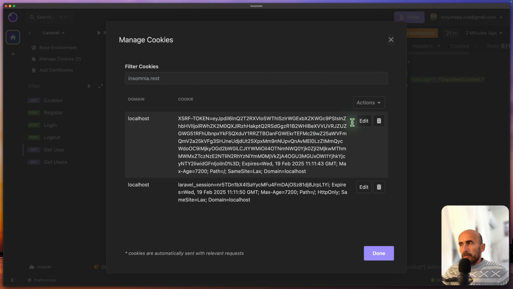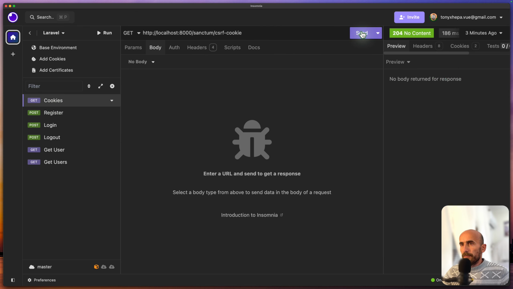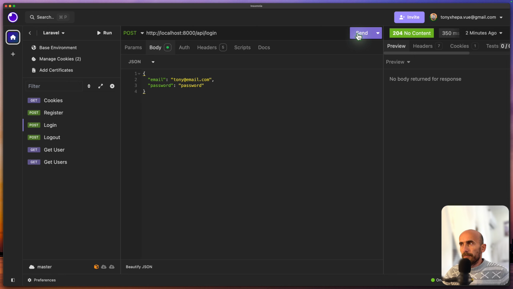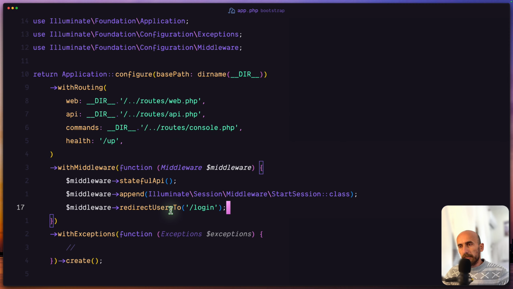Let's try it. Now let's go delete the cookies, get new cookies, go and log in. Okay, we are logged in. Now if I make a POST request again to API/login, we get the error that the route login could not be found. Okay, let's say redirect users to login, but the login route is not found. Let's say API/login, or we have API/user, like this. Save, and now